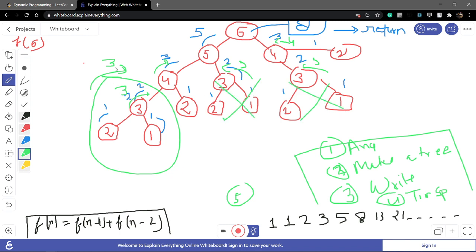I have already stored this third element in some data structure, and from the data structure I retrieve the value and return this retrieved value. I am not doing the computational part again. I directly return from the data structure, where the third element is already stored. This is what dynamic programming is about.